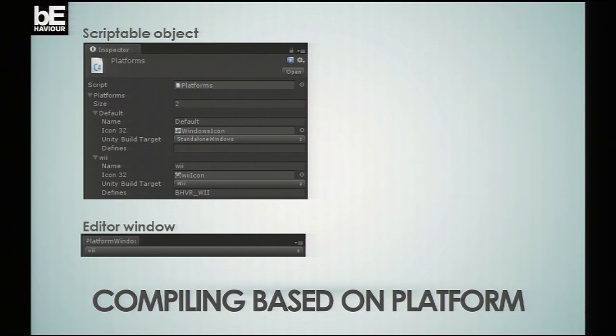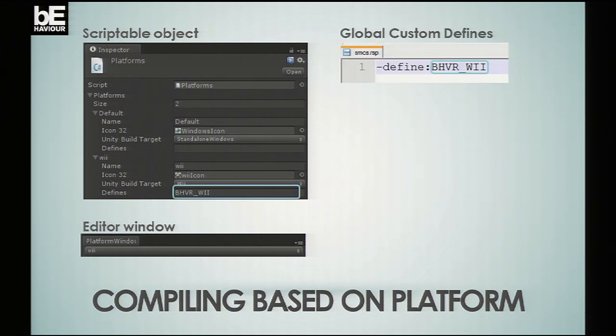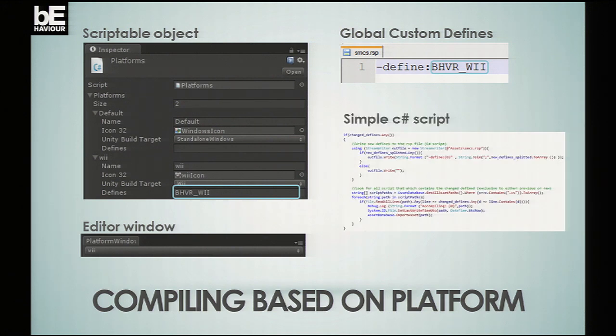The thing that you have to know is that Unity is built over Mono. And in Mono, you can modify a file called smcs.rsp, which is where you can add global defines inside the build, and it will be a global define everywhere. And there's something for Java, it's us.rsp or something like this. The documentation is clear on the Unity website, but it's something that not many people know of.